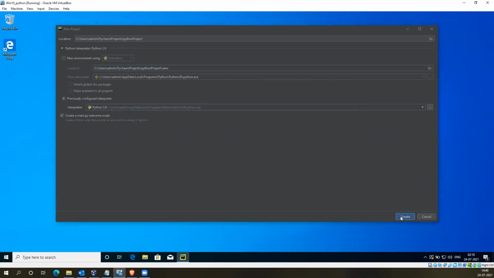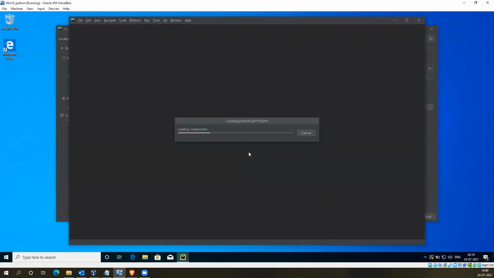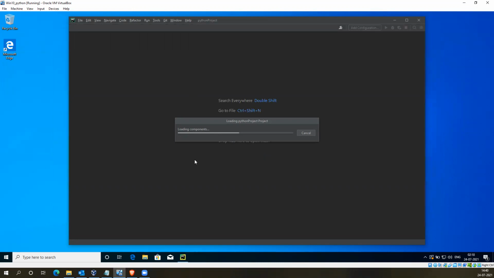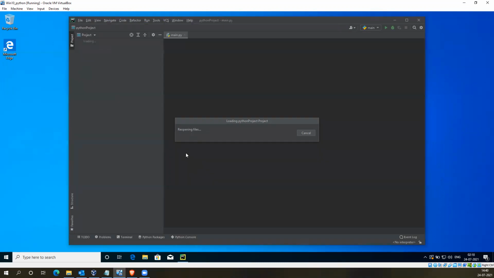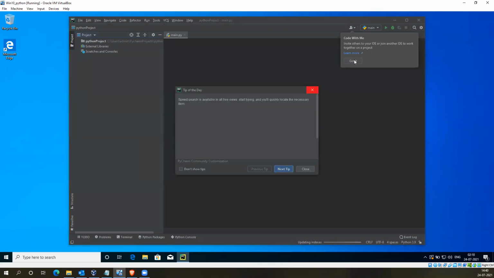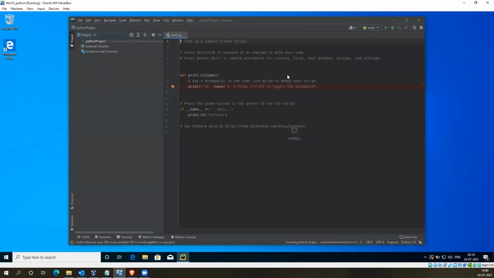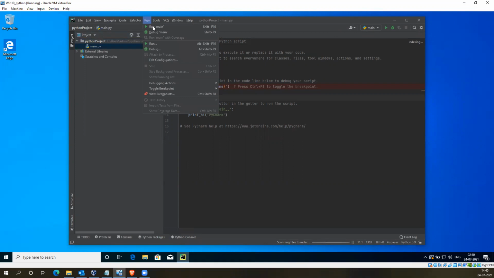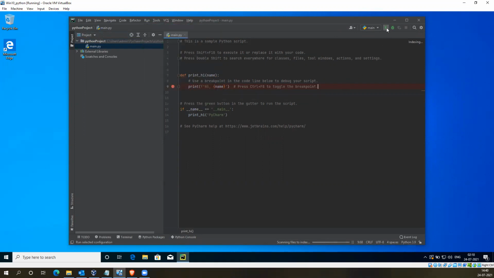Let me create a welcome script. This is the sample code they have given to us. Just click on run, and click on run main, or you can do it from here also.